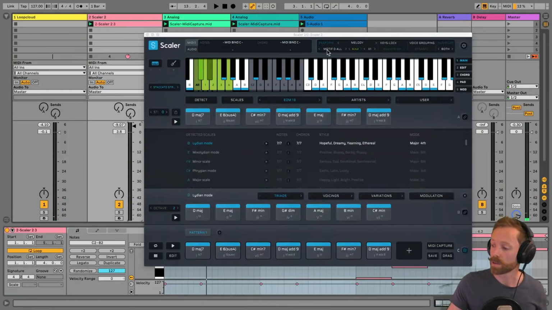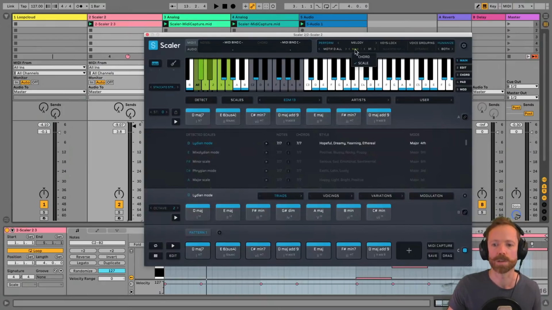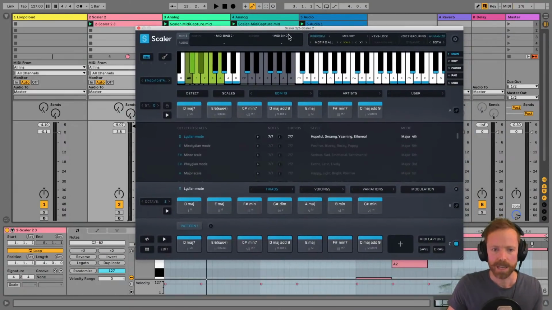So yeah, just a quick explanation there of the different options you've got in melody, and that was just two of them, riffs and motifs, and the difference between chord and scale, with chord playing the different notes in the scale, and scale repeating the phrase just on the same notes in the scale.